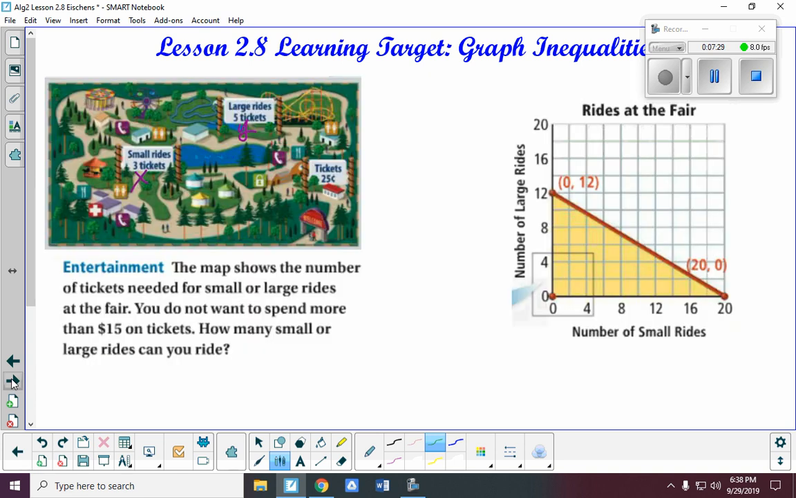All right, real quick, we have a word problem to do. It says, the map shows the number of tickets needed for small or large rides at the fair. You do not want to spend more than $15 on tickets. How many small or large rides can you ride? Well, let's see. Tickets are $0.25 a piece. Large rides are 5 tickets. So the large rides,